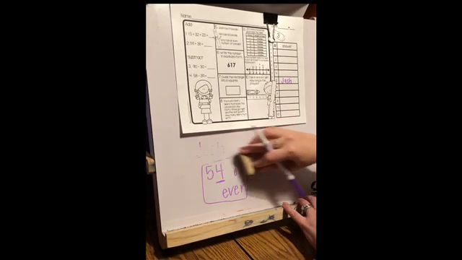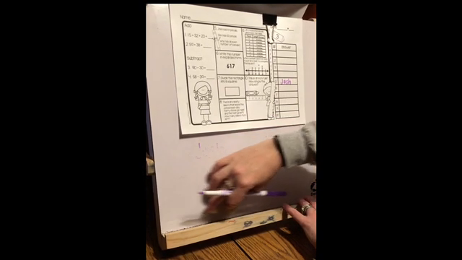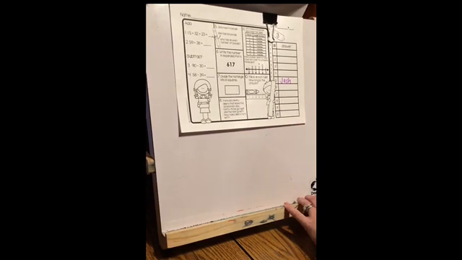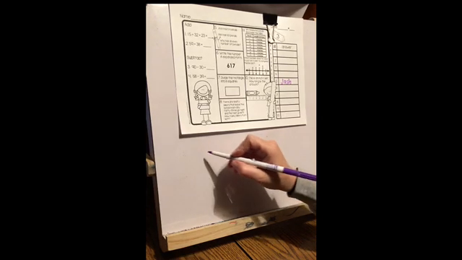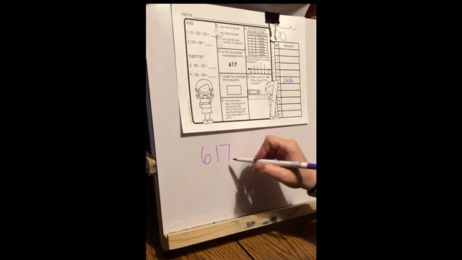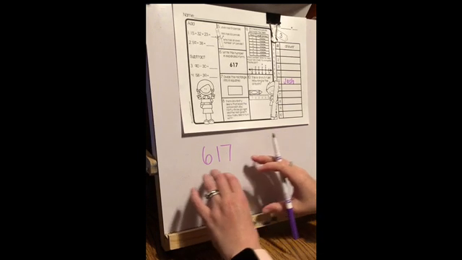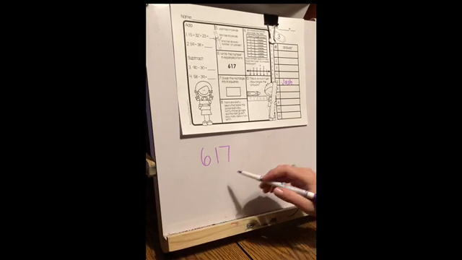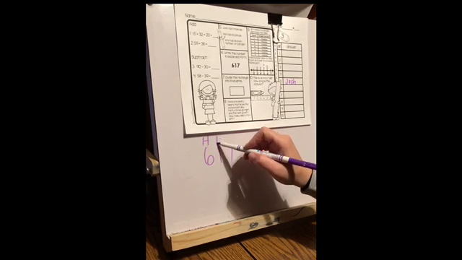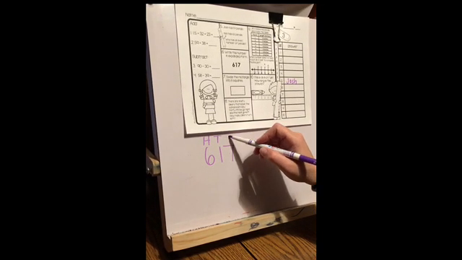form. Now, we did practice this at the very beginning of the year, and we need to think about that word expanded, and it means to make it bigger. So let's look at 617. We want to expand this number. We want to stretch it out and show the value of each digit. So this 6 is in the hundreds, the 1 is in the tens, and the 7 is in the ones